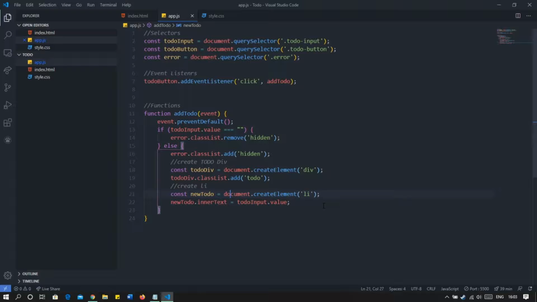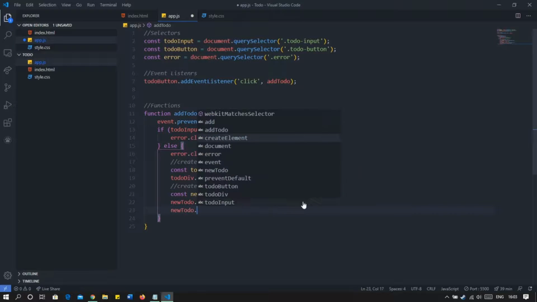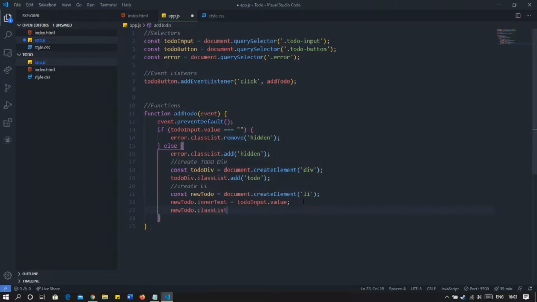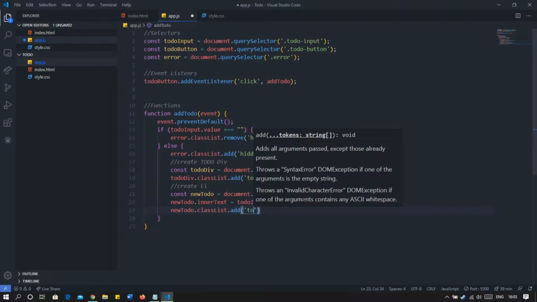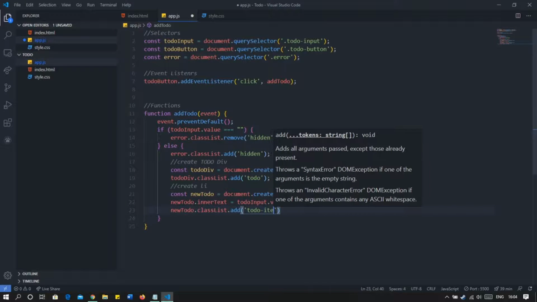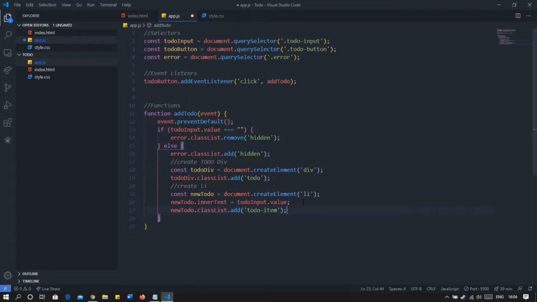Now we will add it a class. So new to do dot class list, and we will add to do item because it is one item from the complete list. Okay, then we will append this to our main division.